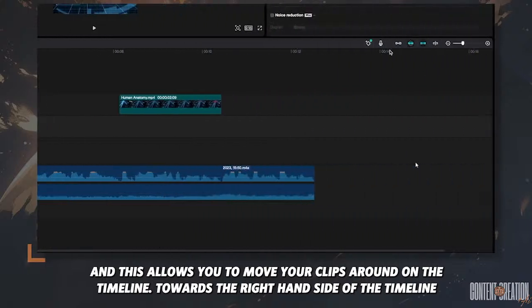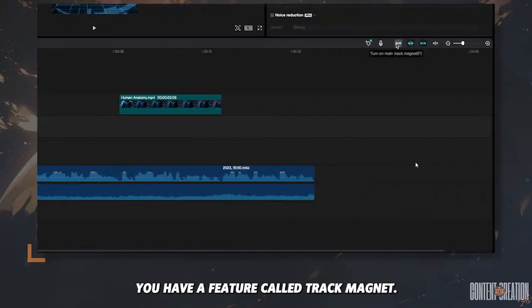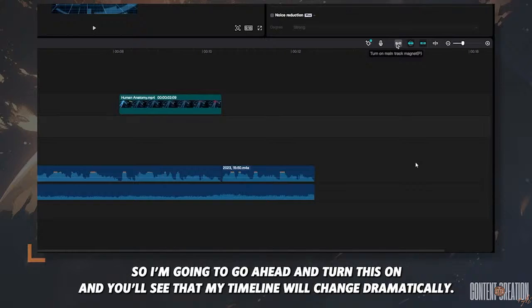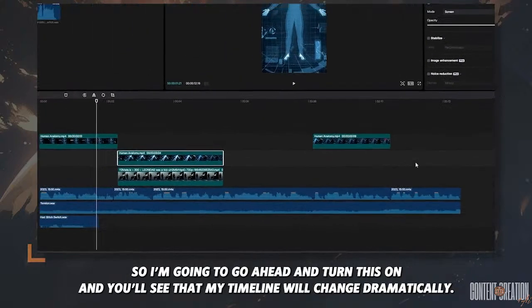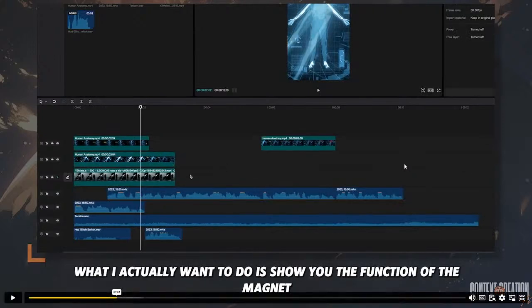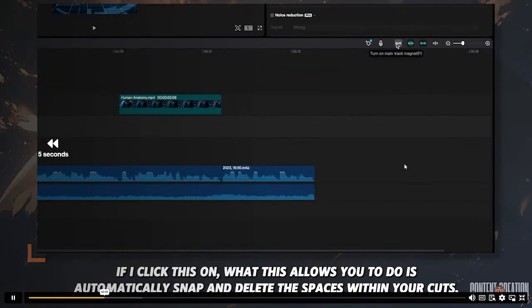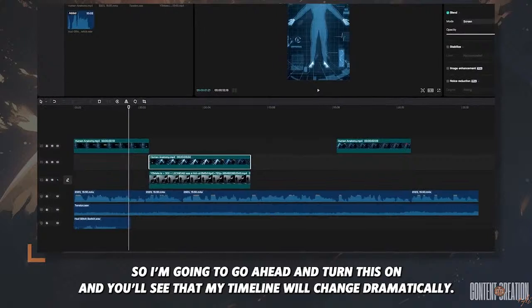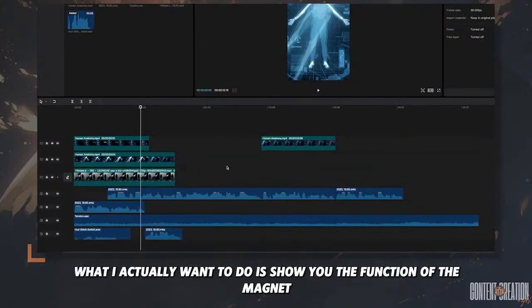Towards the right hand side of the timeline you have a feature called track magnet. If I click this on, what this allows you to do is automatically snap and delete the spaces within your cuts. So I'm going to go ahead and turn this on, and you'll see that my timeline will change dramatically. Now ignore the timeline. What I actually want to do is show you the function of the magnet, and the